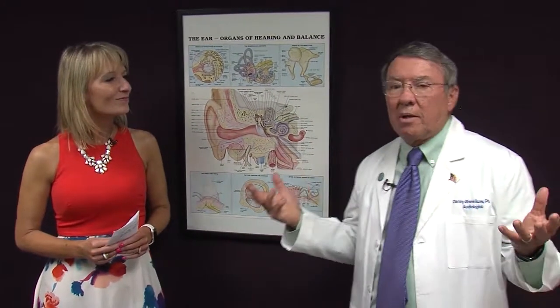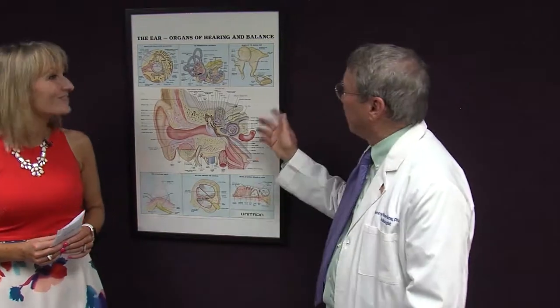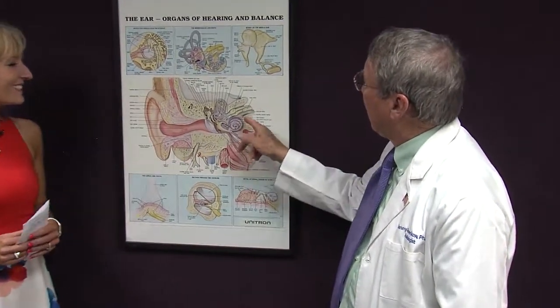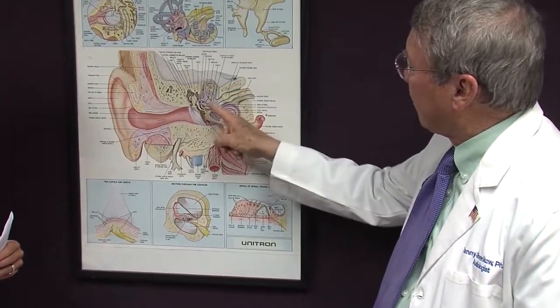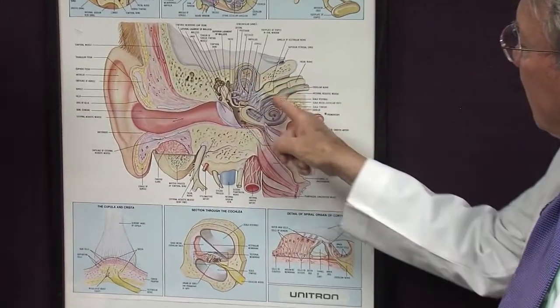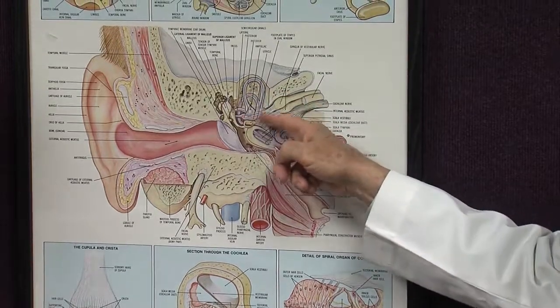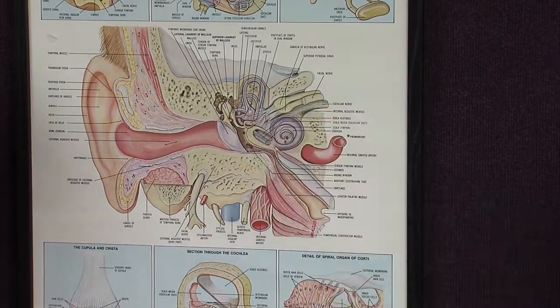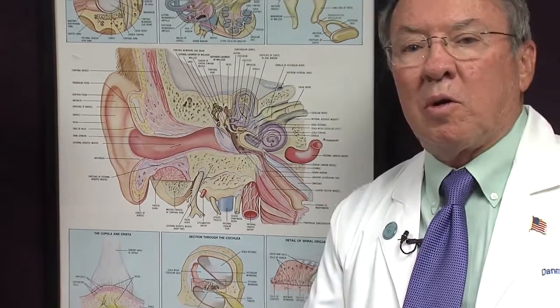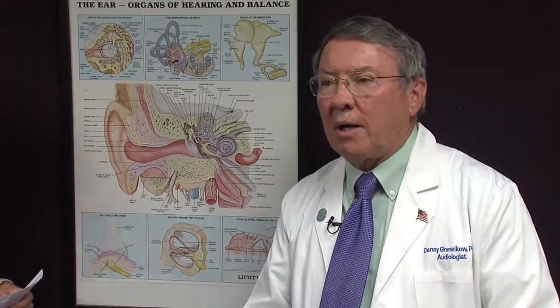Well, the ear is basically a duplex apartment. If you look at this little picture of the ear up here, all of this structure in this area where my finger is the inner ear. This is the inner ear for hearing, which is what we deal with daily. This is the inner ear for balance, and as you can see, there are little tubes in that area. That's called the vestibular mechanism, or the semicircular canals. And so the ear serves the purpose not only of hearing, but also maintaining equilibrium.